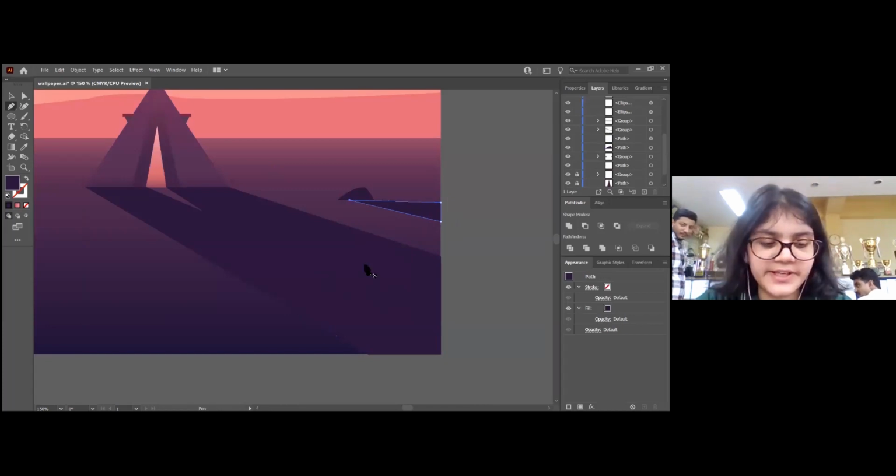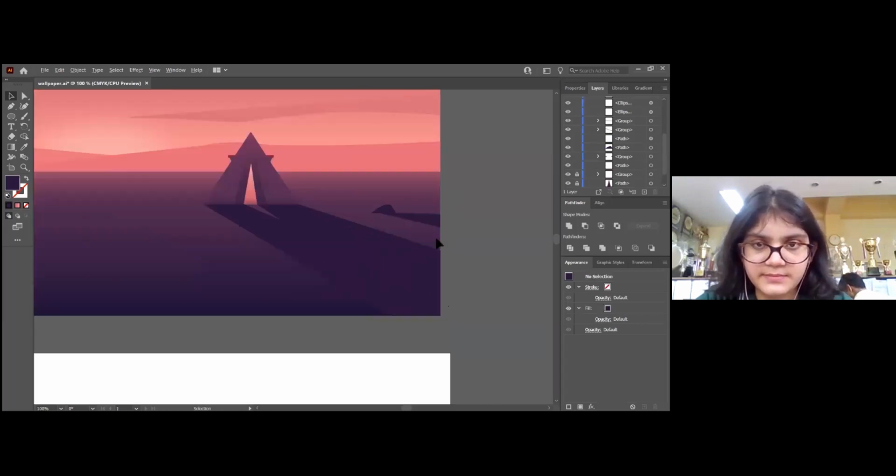Now, whenever you're creating shapes at the boundaries, you have to hold shift to have a straight line, symmetrical. And again, the same color. Okay, so